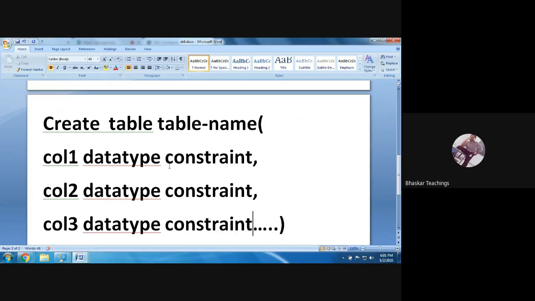Actually, we haven't discussed constraints, so let me not bother about constraints now. We are in class 3, so I am not going to teach you constraints now because it may create confusion. Let us go with the basic syntax only. The create table command has different syntaxes. This is the basic syntax, but sometimes the constraint will come at the end of the syntax also.